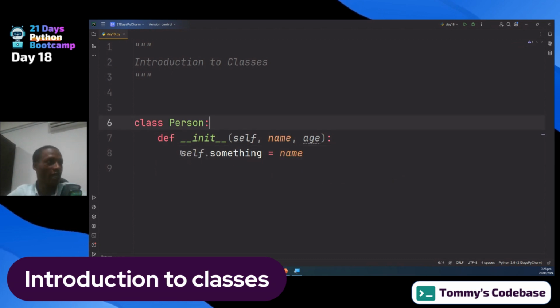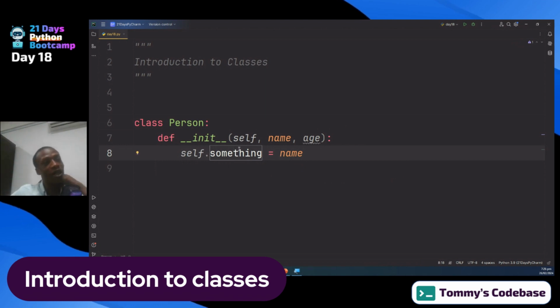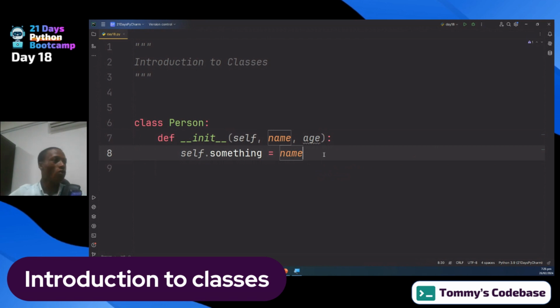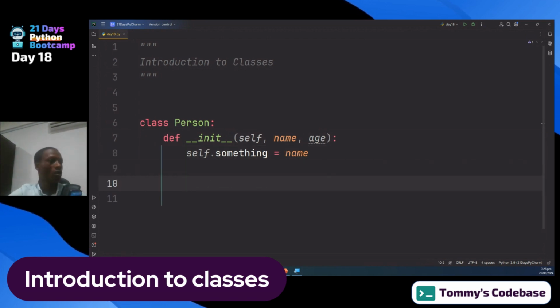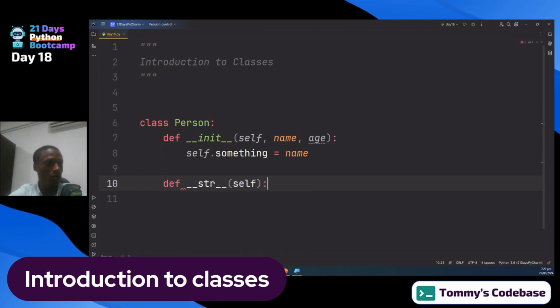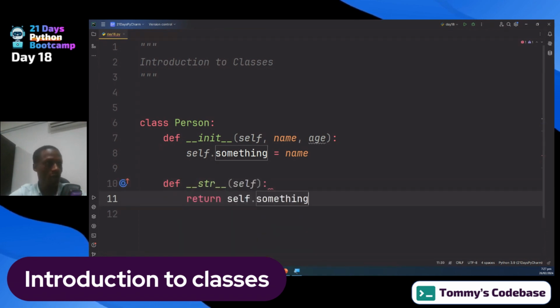So you have to initialize, add, should I say, class fields, not class variables, as the IntelliSense suggested, that map to name. So if I now want to say, I think I may be getting ahead of myself a little bit, I'll say return self dot something. So this underscore string